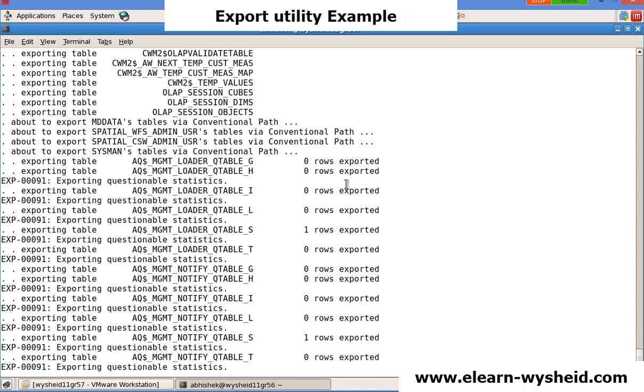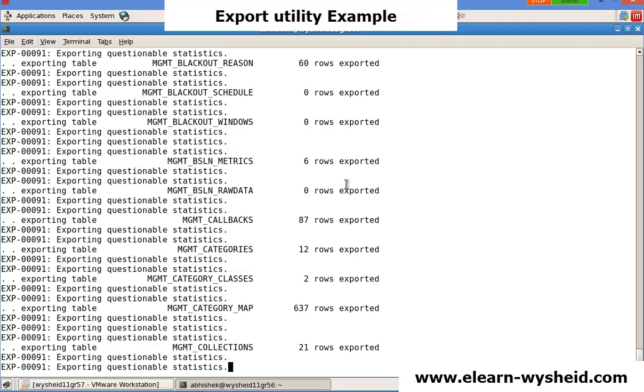Okay, so what I'll do then, I'll give you a small